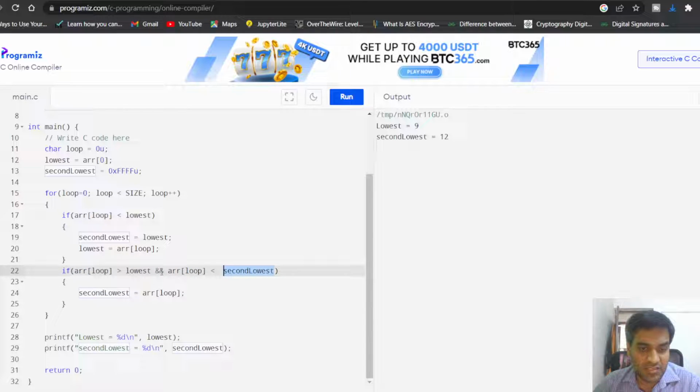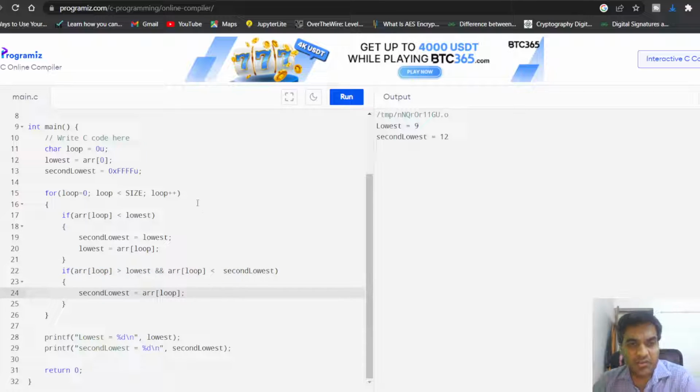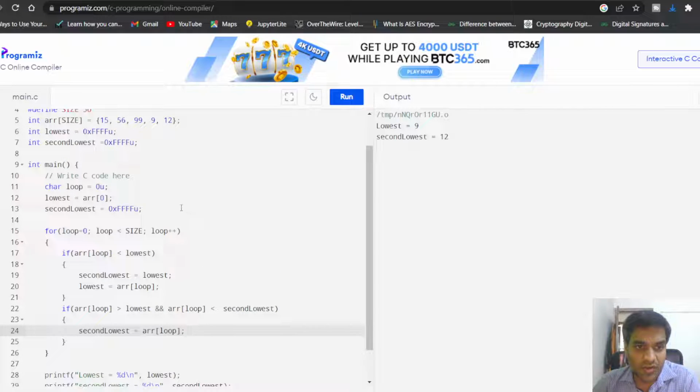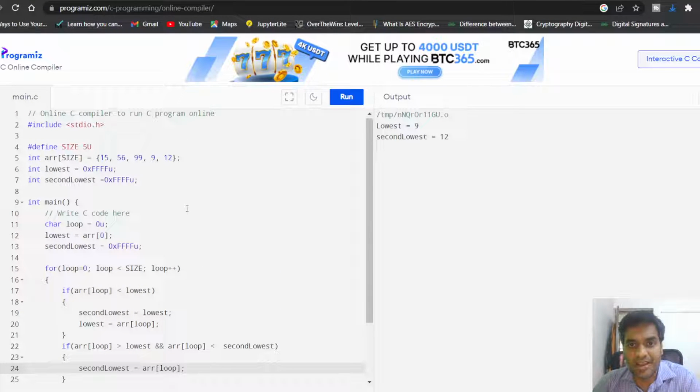We can optimize this by creating an else if with this only, and that will work basically. We can just remove this condition and give an else if. That is one which will also work. And to find the highest and second highest number, we can just give 0 over here and invert the logic, which is high, and let's say instead of